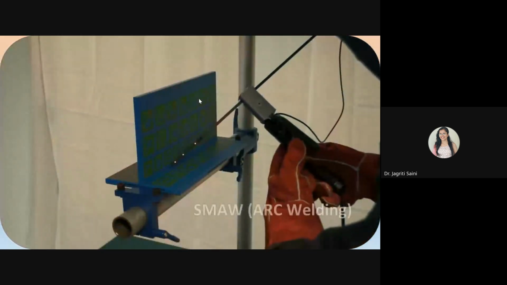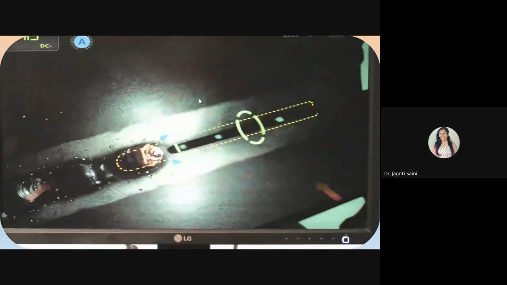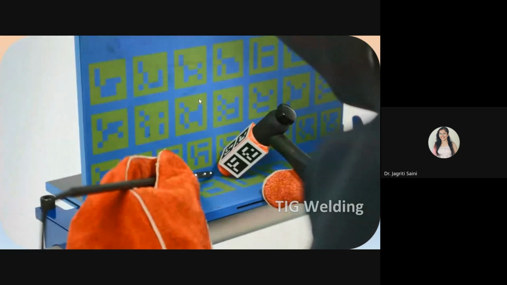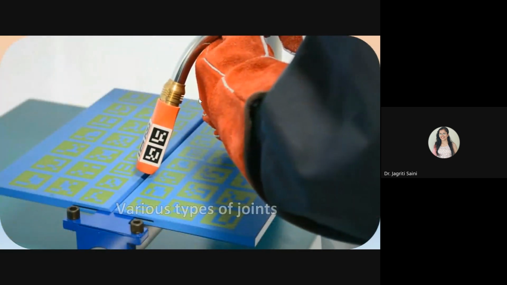So this appears like a real welding experience, and in actual they are just refining their joints and not creating any wastage on the materials. On the same material, hundreds of students can do practice and still they can be precise with their development procedures, and they can do it with every kind of joint, whatever type of joints they have to create, they can practice over it. You can see examples here.